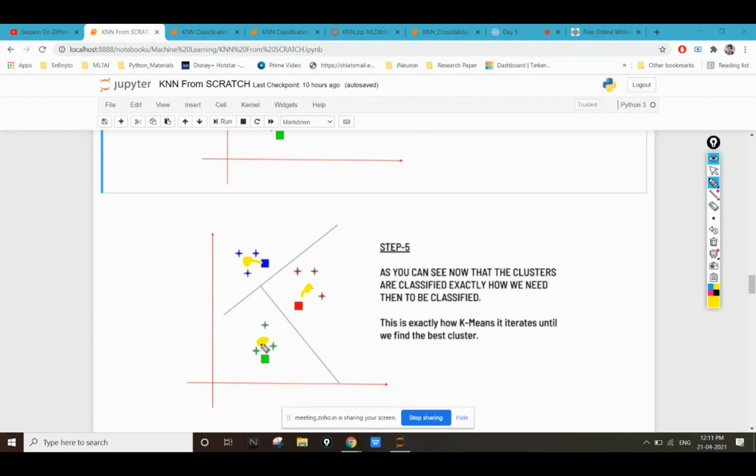The categories of all the remaining points won't be changing. Then I will be able to say that I have divided all the points based on their categories, and this is my final result, because I'm getting minimal to no change in categories. In this case, I'm getting no change in the categories of the remaining points. That's what we do in K-means.